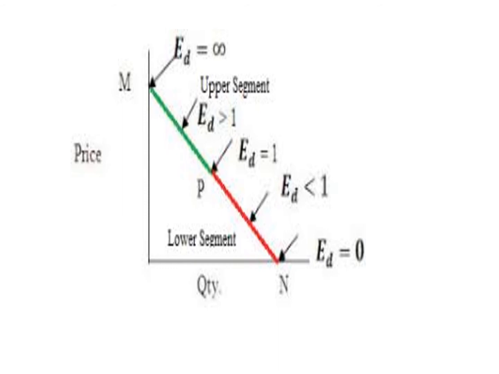the elasticity of demand is less than 1, and where this curve intersects the y-axis at the point M, the elasticity of demand is infinity, and at the point N, where this demand curve intersects the x-axis, the elasticity of demand is 0. This is the explanation for this. And one thing you have to keep in mind is that on the demand curve, every point has a different elasticity.